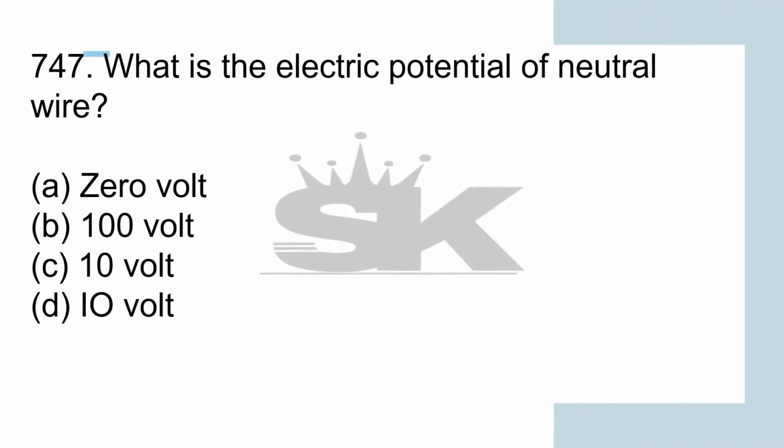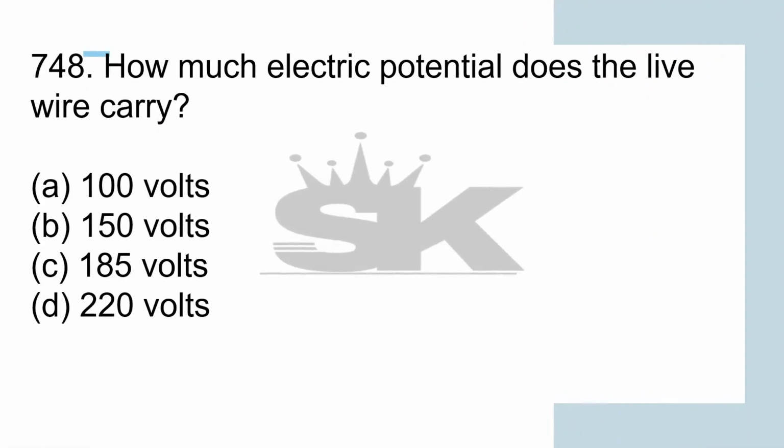What is the electric potential of neutral wire? That is 0 volt. Okay, how much electric potential does the live wire carry? That is 220 volts. Okay, the wire normally in red color, okay, that is connected to the phase conductor is called the phase wire or a live wire because it has a potential of 220 volt and gives a shock when touched with the bare hand. Okay,